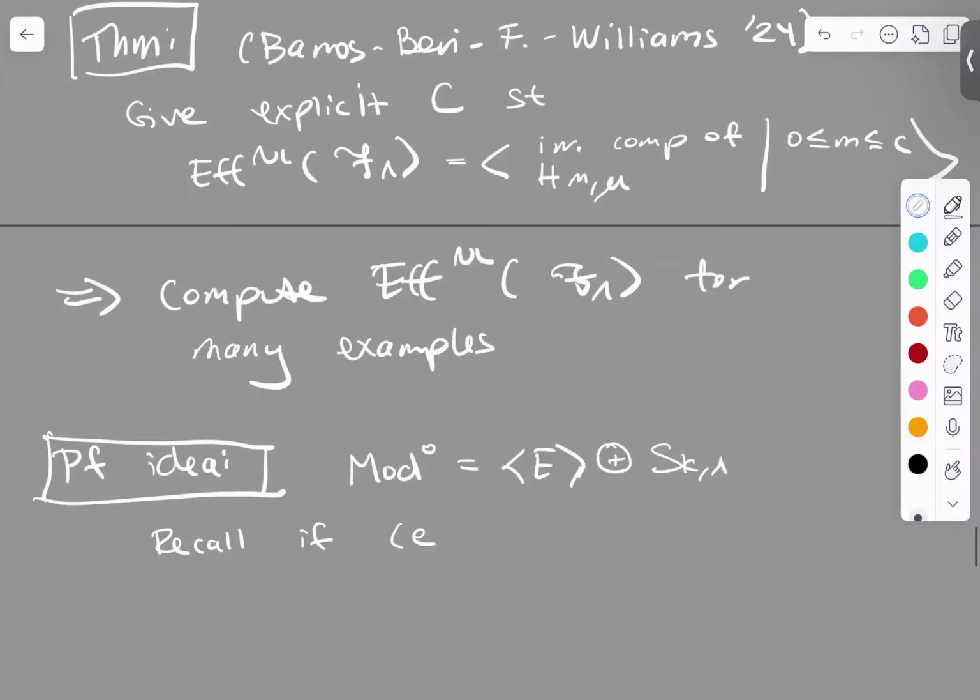And so if I have a basis for this space of almost cusp forms,